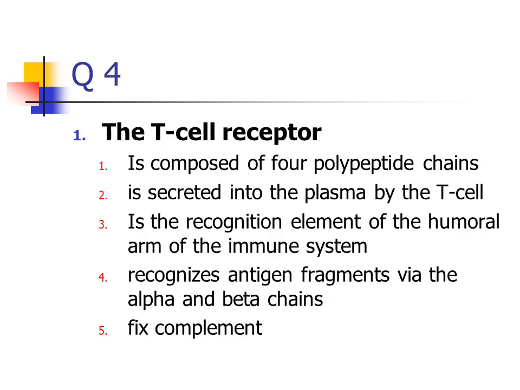Another question. The T cell receptor is composed of 4 polypeptide chains. كم 4 polypeptide chain is secreted into the plasma by the T cell. Is the recognition element of humoral arm of the immune system. Recognized antigen fragment via the alpha and beta chain. Fixed complement. مين؟